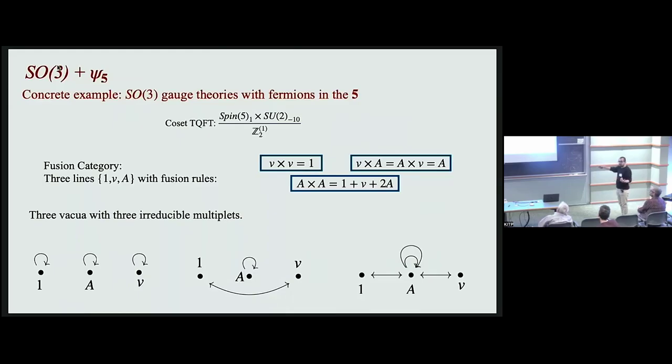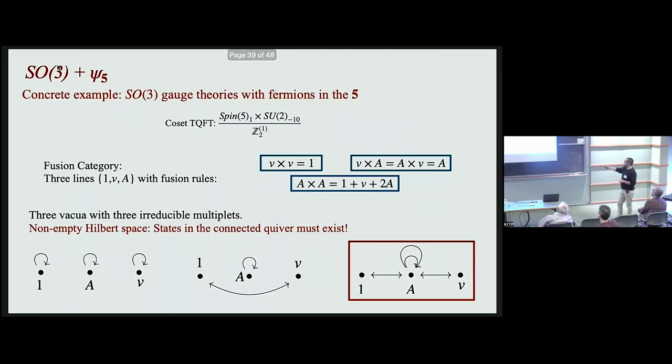But we have this interesting multiplet, where, similarly to the tricritical example, we have one particle with the same mass as a Soliton anti-Soliton pair. We will have two anti-Soliton and Soliton-anti-Soliton pairs connecting the vacuum 1 and V to A. And on top of the A vacuum, we will have two particles with the same mass. So we will have something like a six-fold degeneracy in this multiplet. And actually, if we require a non-empty Hilbert space, then there should be a non-zero Soliton state here, and the states in this quiver must exist. They must be present in the theory.